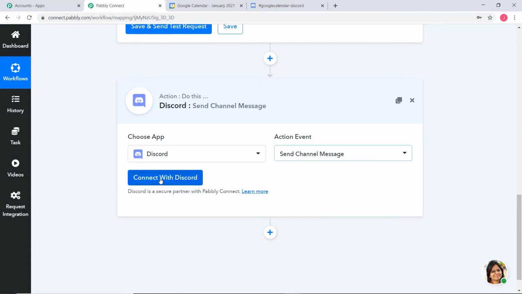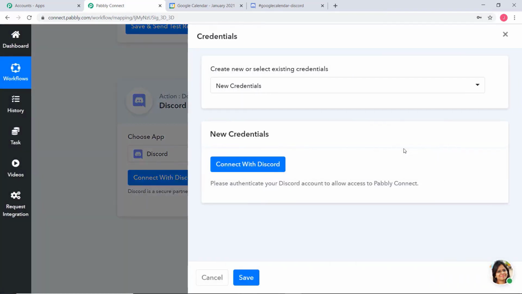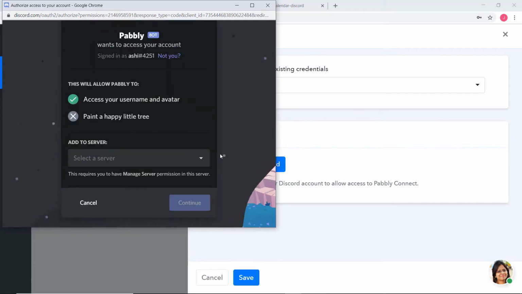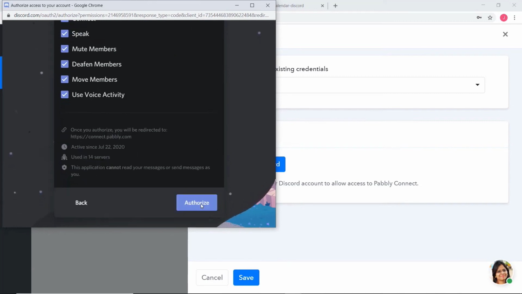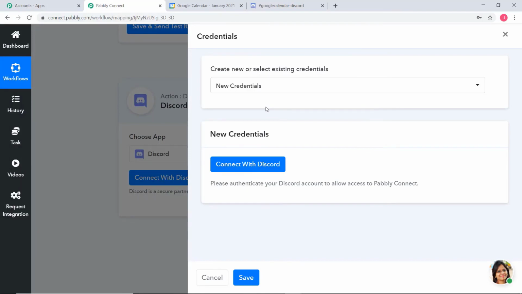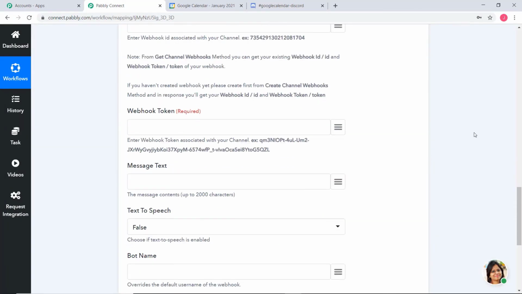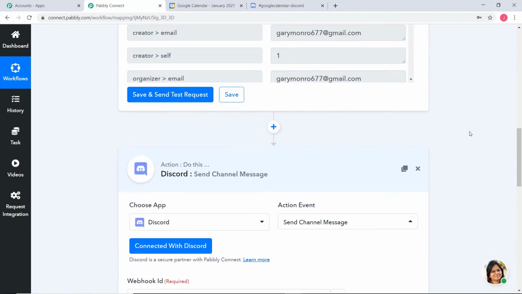Now I am going to click on connect with Discord. Now you can see again create new or select existing credential. I'm going to let it be new credentials. You can choose whichever option you want. Now I'm going to connect with Discord. I'm going to select a server over here. Continue. Authorize. Okay, so now here you can see we have some empty fields and we have to fill the information